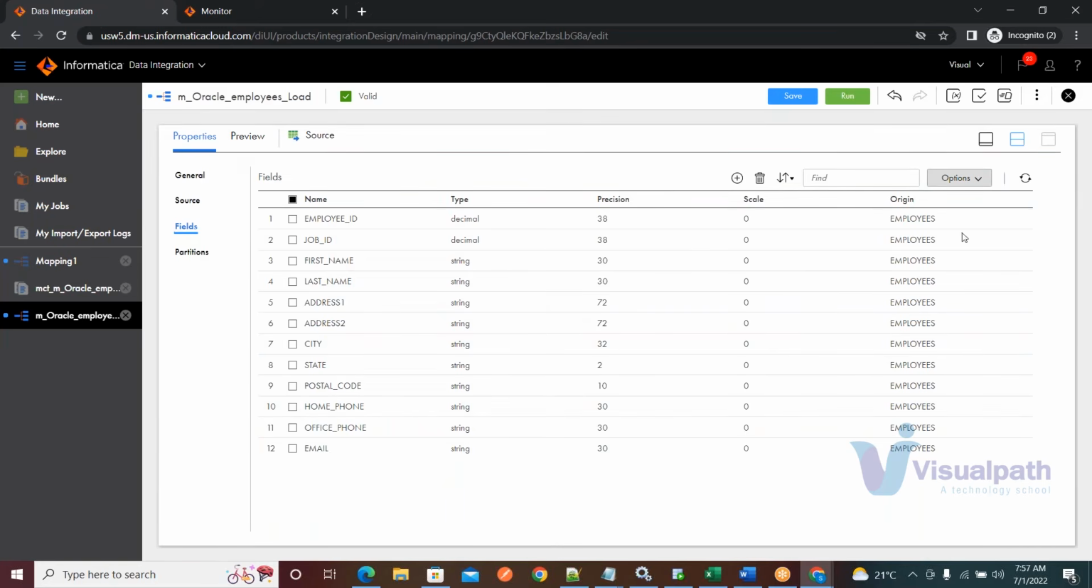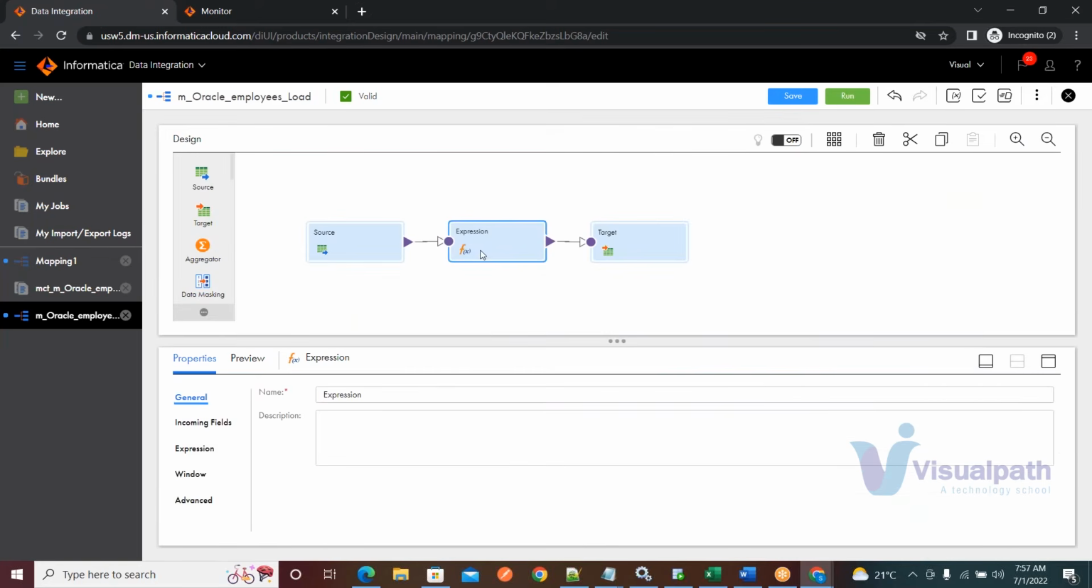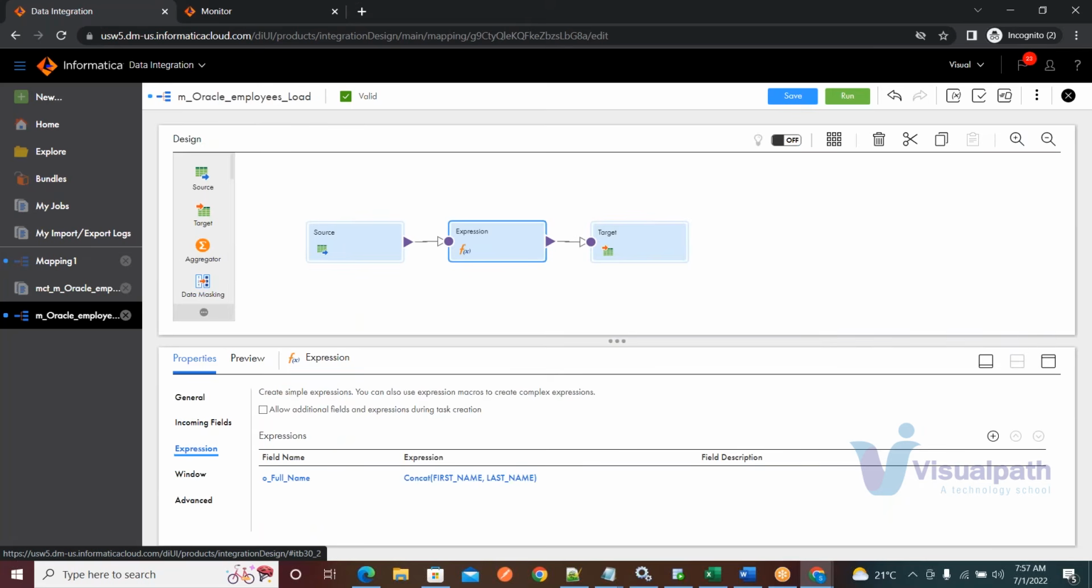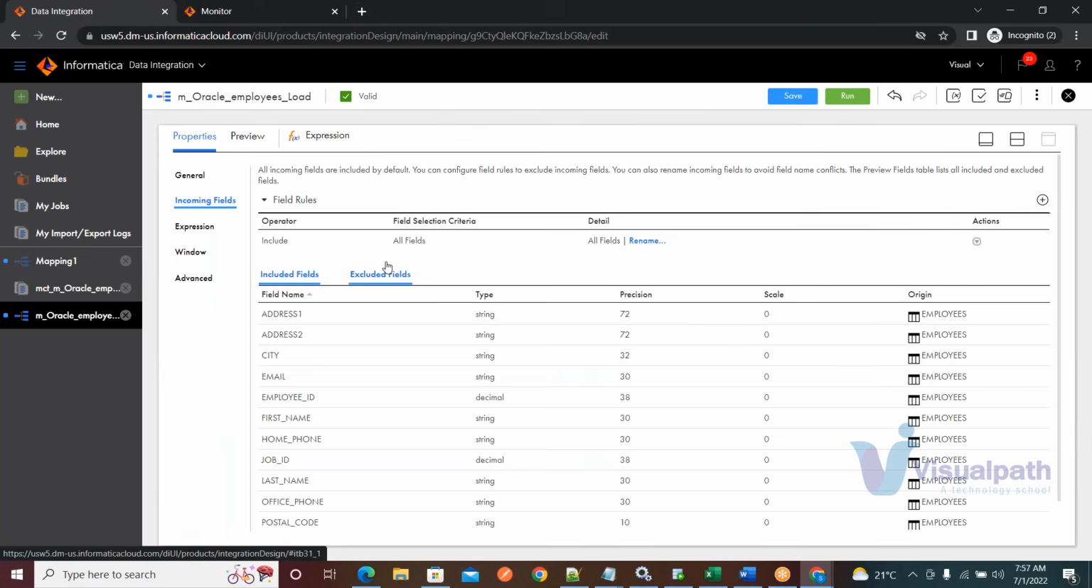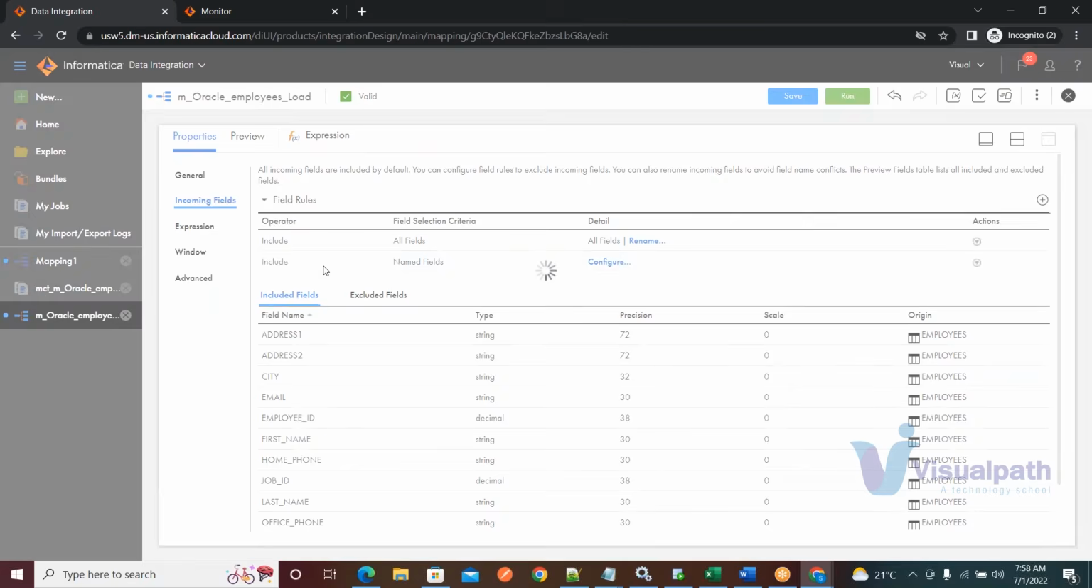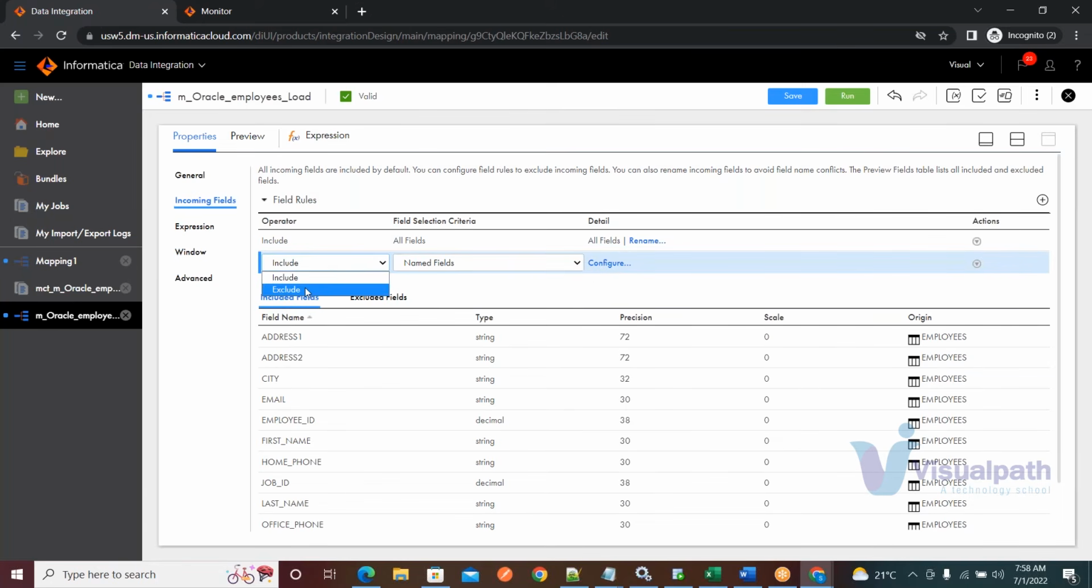Okay, and there are a few other things called field rules. For example, I go to my expression transformation. In my expression, I don't need some fields. There is something called the include and exclude operator, and you also get a field selection criteria. So this is a default option. Include all fields, and if you want to add a rule, click on this plus icon here, put your mouse here and select exclude. For example, I want to exclude some named fields. I select exclude named fields, click on configure,